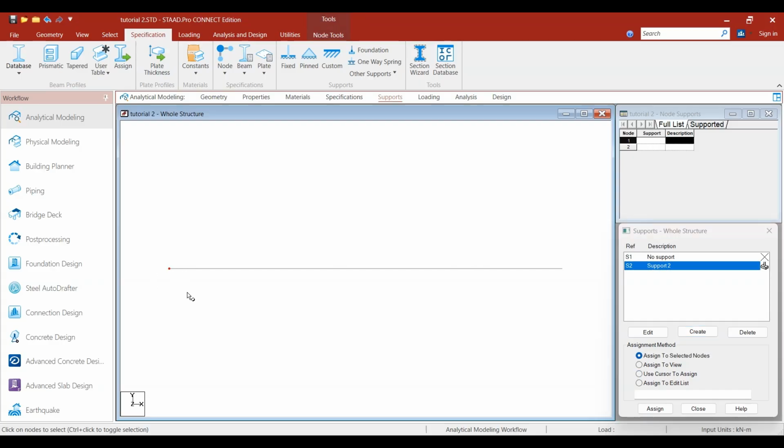So I'll select this point, press the control button on the keyboard. Again select this point and click on assign to selected beams, nodes, assign and yes. So in this way, the fixed support is getting assigned. Okay. Now,